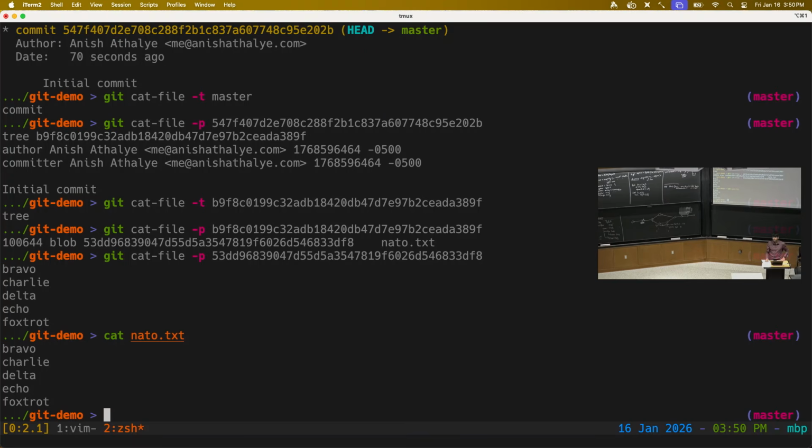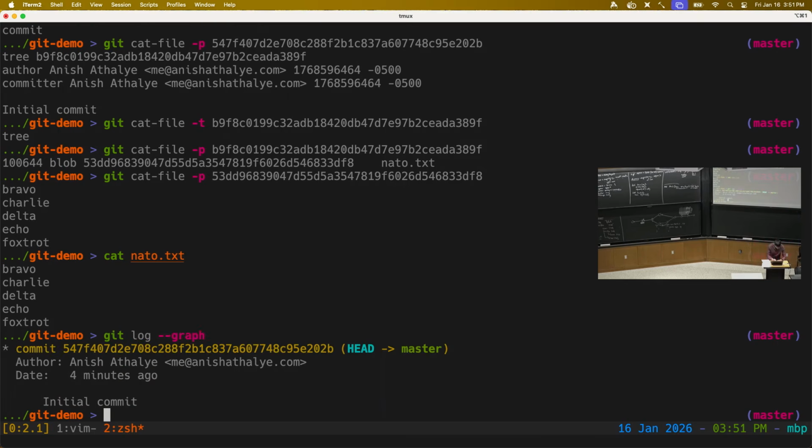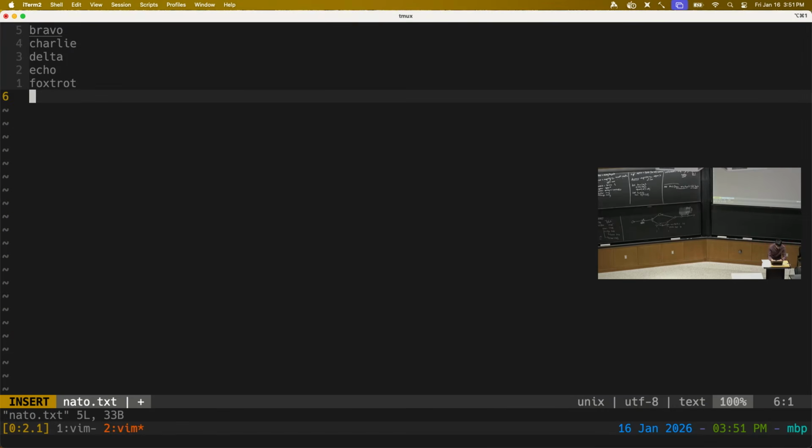Yeah, question? Can you define what a branch is in the context of the stuff on the board? Yeah, so a branch is a special type of reference that you can attach to, and it moves along with you as you make commits. Here, if we look at the git log, we have a single commit, and we have the master branch, which points to this commit. And if I make some changes to my file,